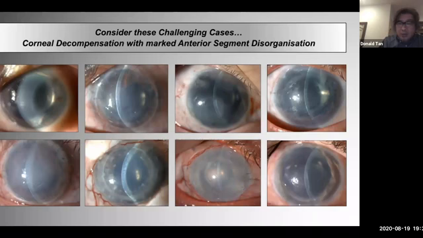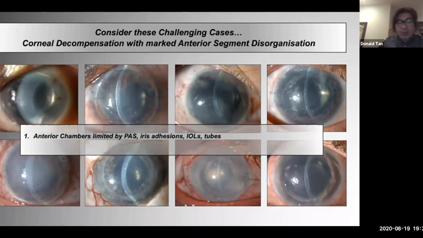The iris a lot of the time is distorted, it's widely dilated, it's no longer functional actually. But more importantly, it's also stuck to the angles, peripheral anterior synechia that shallows the chamber. And often these eyes also have an open vitreous compartment. The IOLs may also be a bit unstable as well. So how do we handle these cases? This is the challenge facing us if you're going to try and do a DMEK. And most people quite often would try and do a DSEK, or worst come to worst, just do a PK.